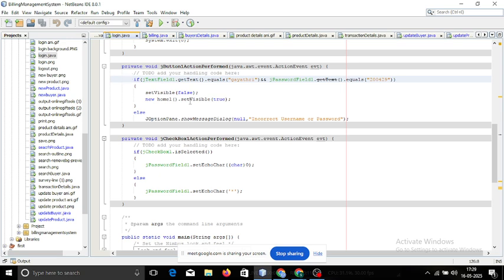You can also take a screenshot of this. For the login button, what should happen when you click on login? You should do some authentication, right? So first of all, I'm checking if jTextField1.getText, whatever text is given in the jTextField1, equals the text that I'm giving here, and jPasswordField1, whatever text I'm giving, if it is equal to 200429, then